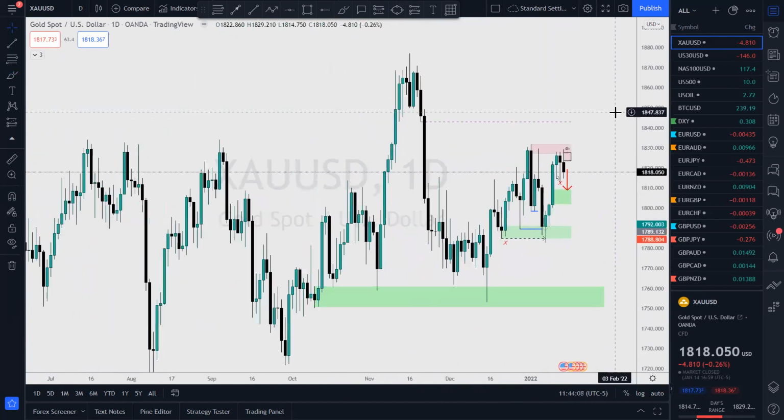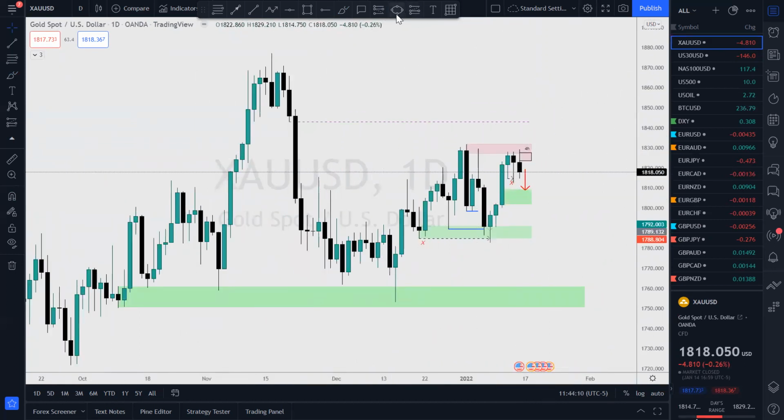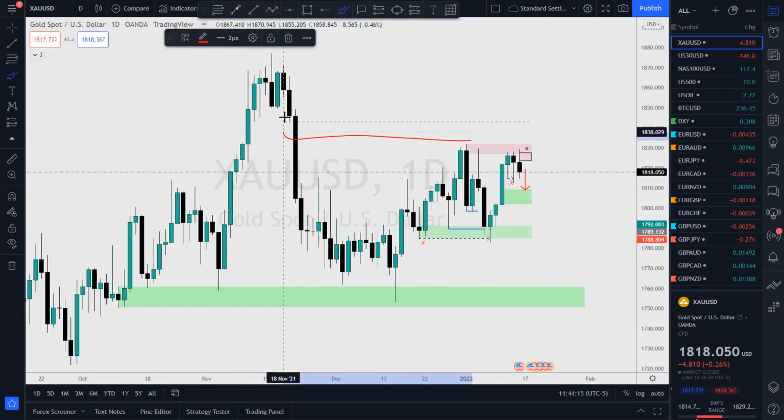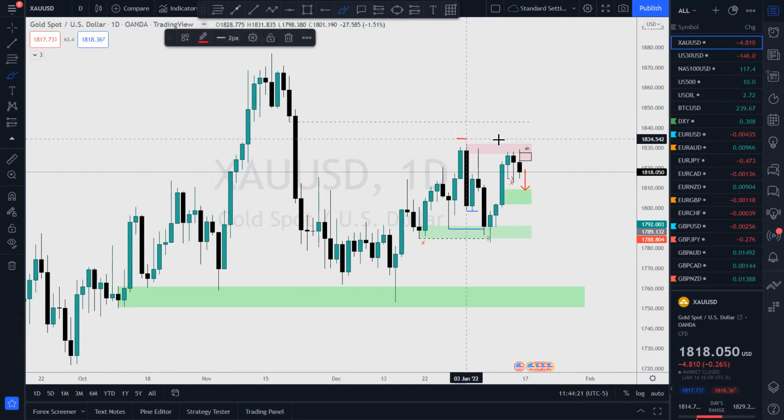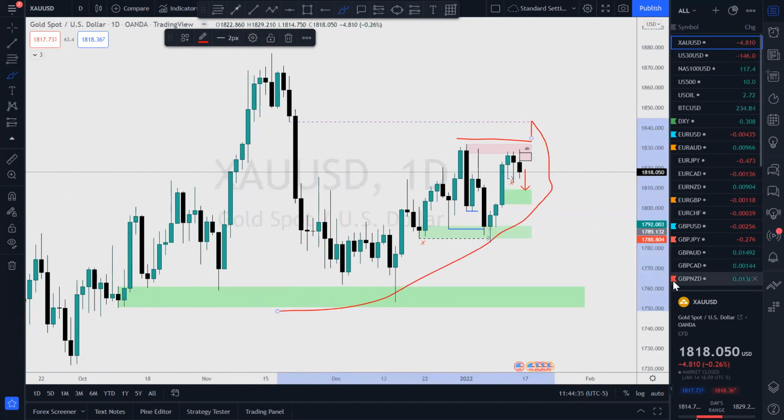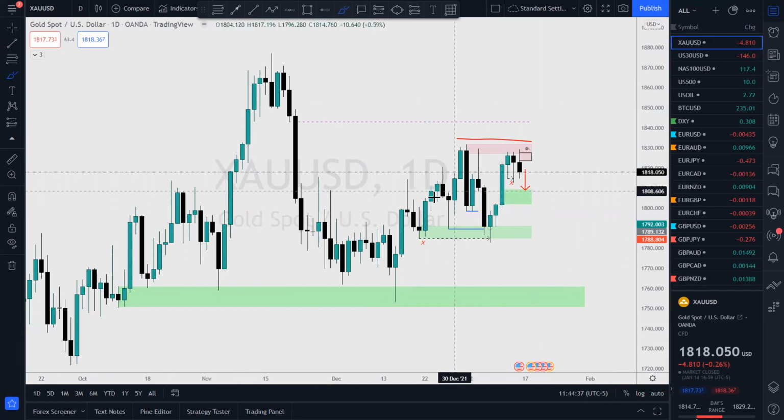The counterpoint is from this area here, we have inefficient price movement, right? And price could very well take the liquidity of these highs and go ahead and fill that inefficient price movement, fill that fair value gap, and then come down and sweep these lows. Could very well could. But if we go to the 4-hour,